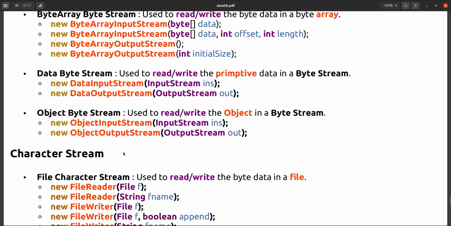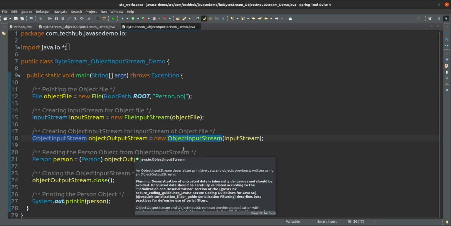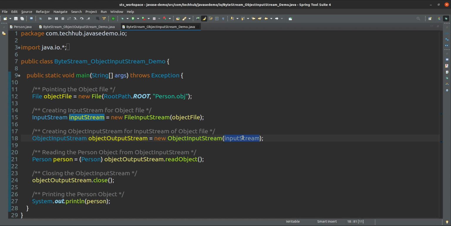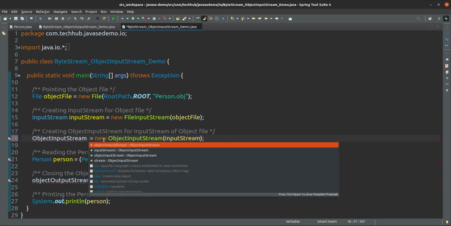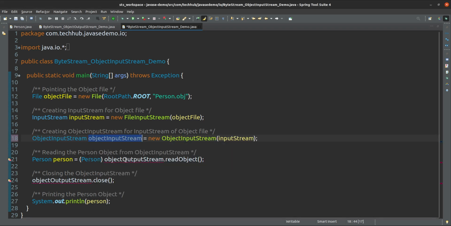So using this object input stream, I am reading the object.